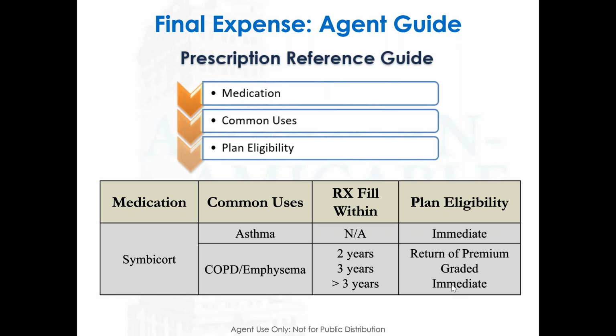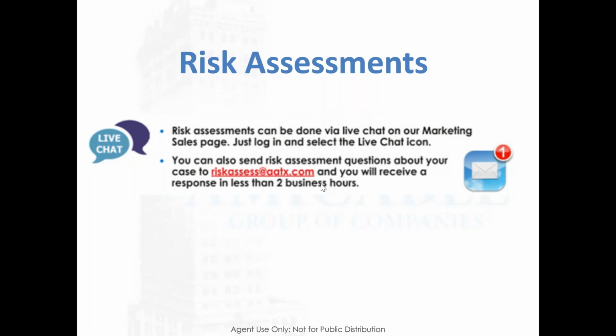It's a very simple, slick, and easy process for you to use to help us understand what the client's actually taking medications like this for. Okay, it goes back to how flexible our system is. Now, if you're just not sure, you want to ask us, you want to run a situation by us, like some of you have had,